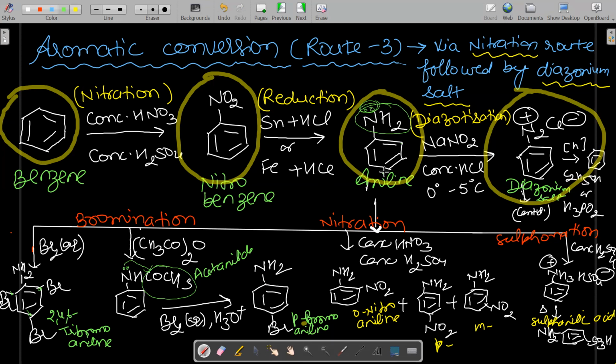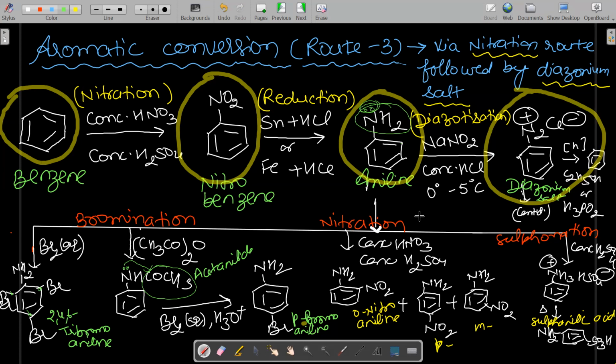In this case, the nitrogen lone pair is completely transferred to benzene. The whole electron has shifted onto this. Means electron density increases too much. But if the acetyl group is attached, this lone pair is partially shifted towards the acetyl group side also. So some electrons went inside, some electrons went to the ring. It means its electron density on the ring is not that high, and hence the bromine does not attack all positions, bromine only attacks at one position. So we can get monobromoaniline. Clear? Okay.